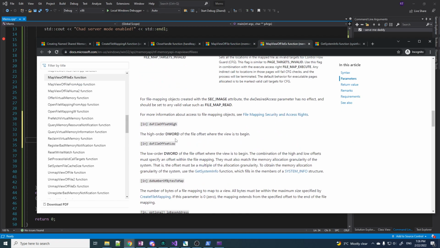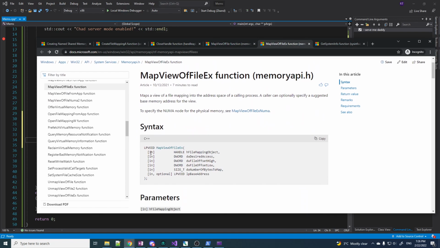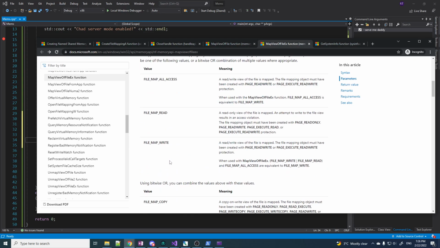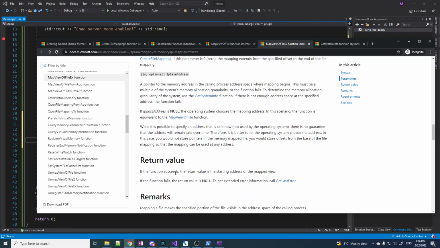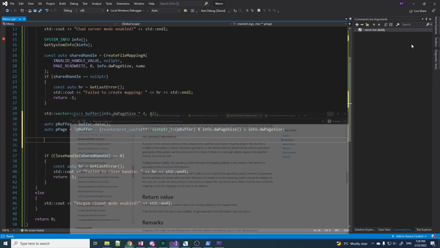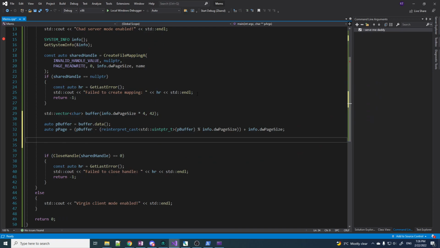MapViewOfFileEx. So this returns a pointer. If the pointer is null, I assume that will be bad news bears. Okay. auto pShared is equal to